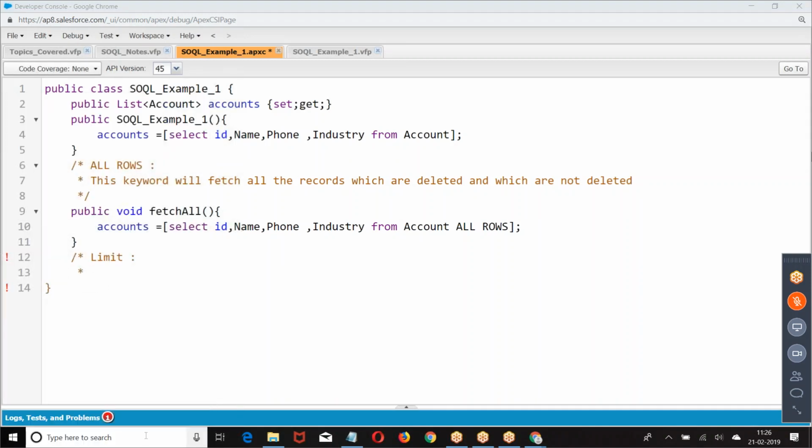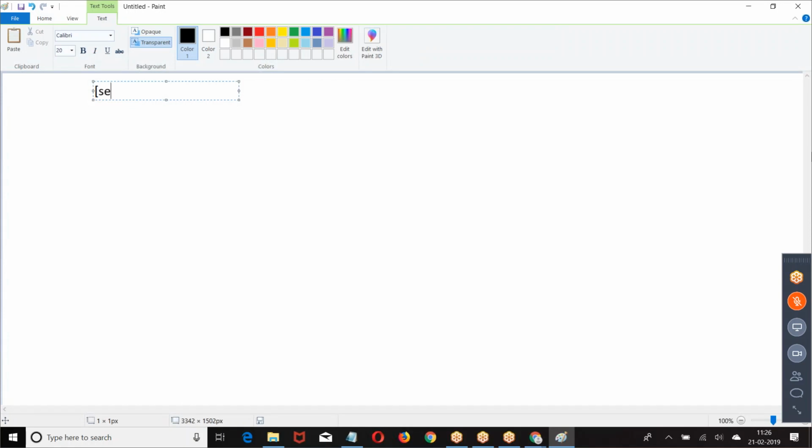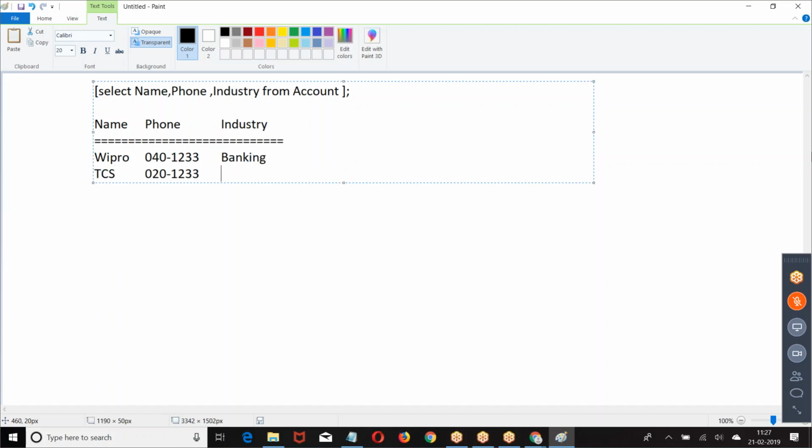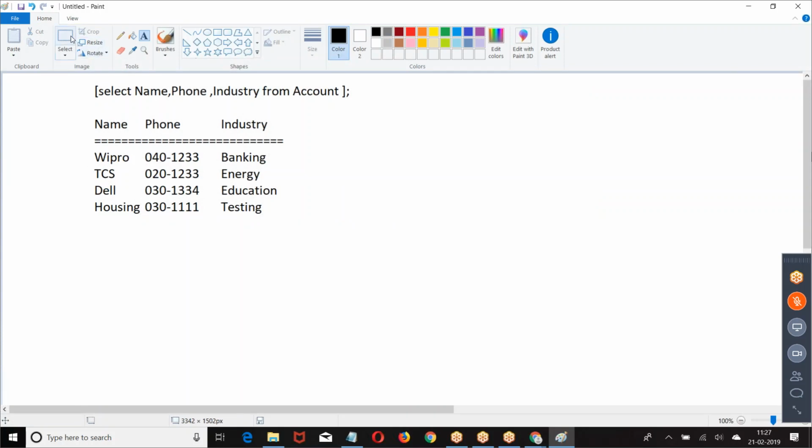Next one is limit. Boss, when you write a SQL query, try to understand the difference here. I wrote a SQL query and I got this data.